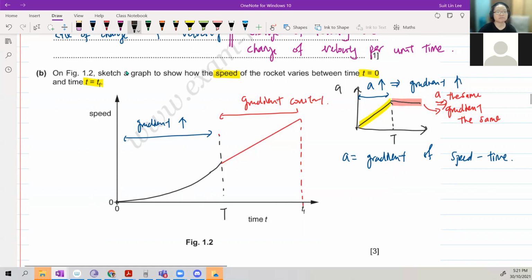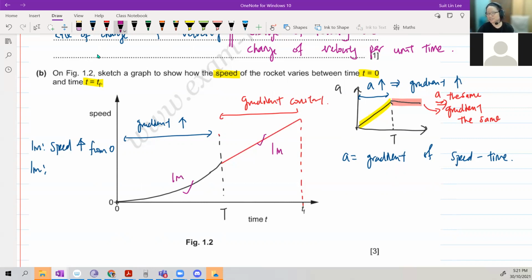Okay, this part, basically you draw the speed increasing, you get 1 mark level. You simply draw something like that. Anyway, don't leave it empty. It's the what's that word? 安慰奖, consolation prize. First mark is speed increase from 0. Second mark is this part here, increasing gradient. And then the third mark is here, constant gradient until T1. Each section, each mark. And if you generally draw the velocity increasing from 0, then okay.